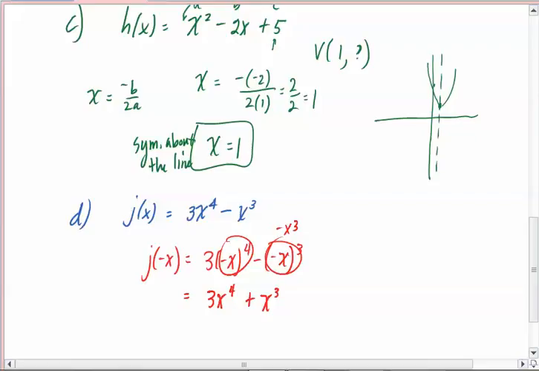Now, let's see what happened. This was a positive and it stayed a positive. So that part of it is same. This was a negative and now it's positive. So that part of it is opposite. So part of it is the same, part of it is opposite. And guess what we can conclude? It's neither y-axis